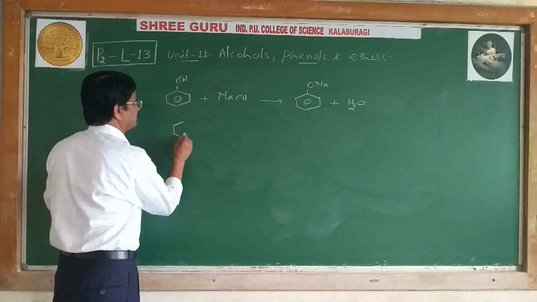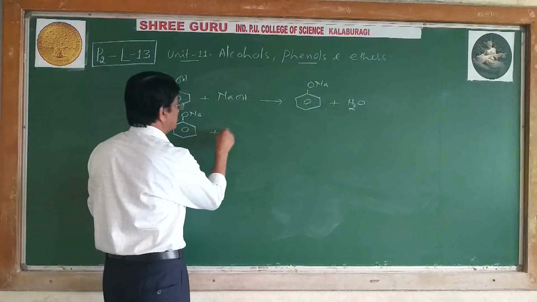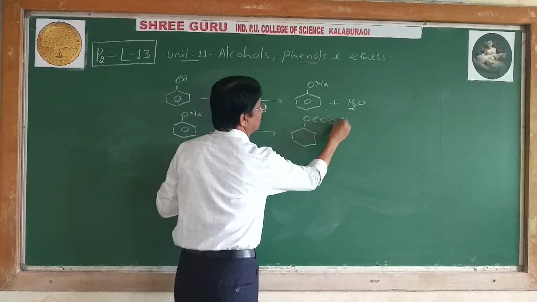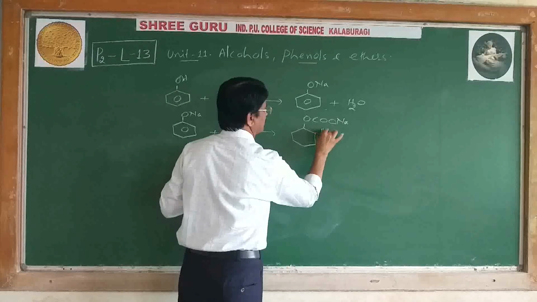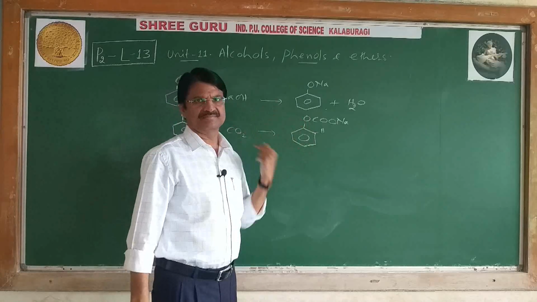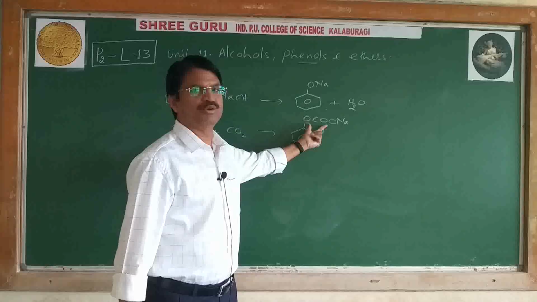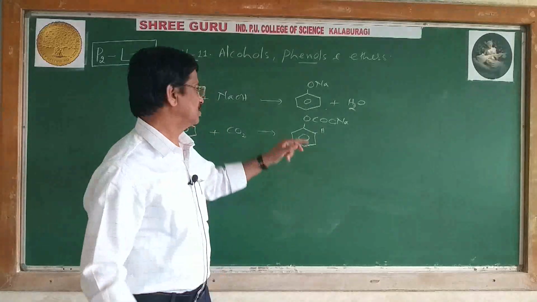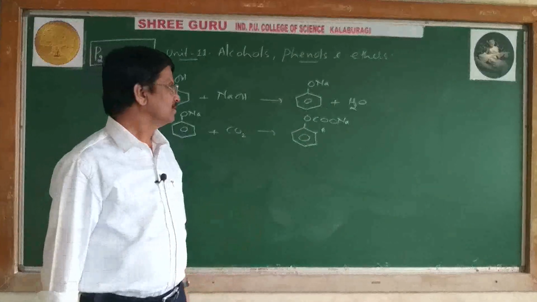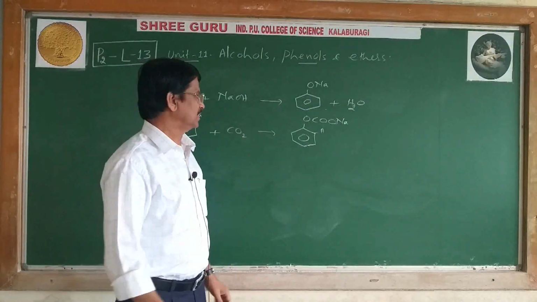Then in step 2, ONa plus CO2 can give OCOONa. Now, sodium phenyl carbonate is one of the intermediate compounds in Kolbe's method. It is said to be sodium phenyl carbonate. First, addition actually occurs like this, but in the mechanism I will tell you this can act on the benzene ring, not here. But when CO2 is passed, this is also one of the possibilities, there is an intermediate formation in the reaction.